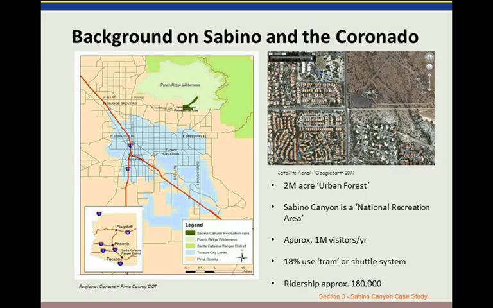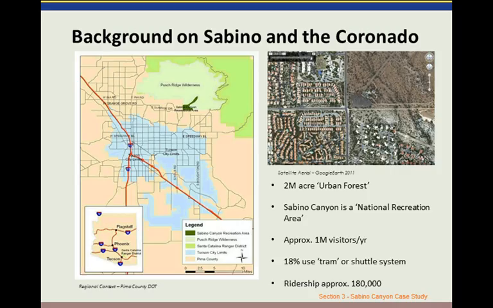A little bit of background on Sabino Canyon and the Coronado National Forest. It's a 2 million acre urban forest, which means that it's adjacent to a major metropolitan area. You can see on the left a map of Tucson and the city limits. That lends itself to some real unique issues relating to recreation, fire management, resource preservation, and of course transportation. Sabino Canyon is a national recreation area, which is basically just a Forest Service designation for a